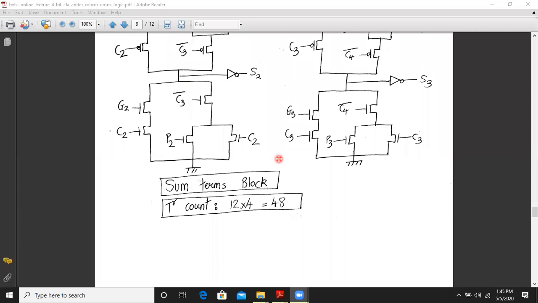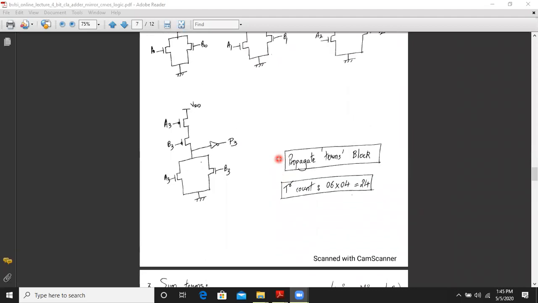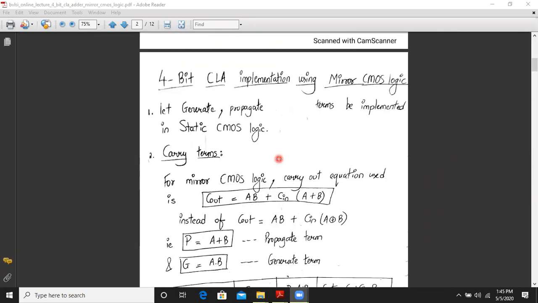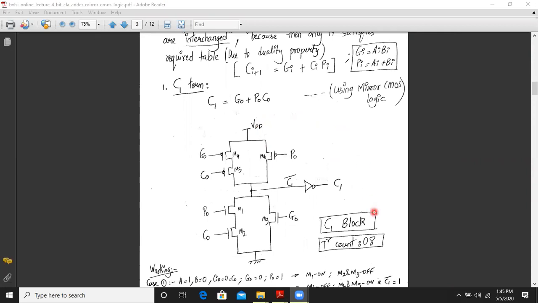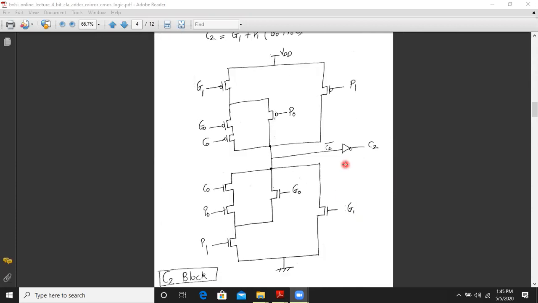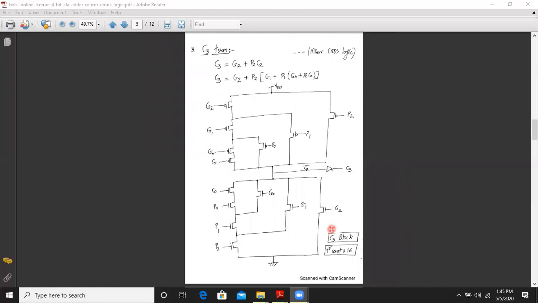Okay, so now we have completed the entire design of 4-bit. So we have completed the design on paper for 4-bit CLA adder using mirror CMOS logic. So we started with C1 block, implemented it using the mirror CMOS logic. Then we moved on to the C2 term block. Then we have implemented C3 block using mirror CMOS.